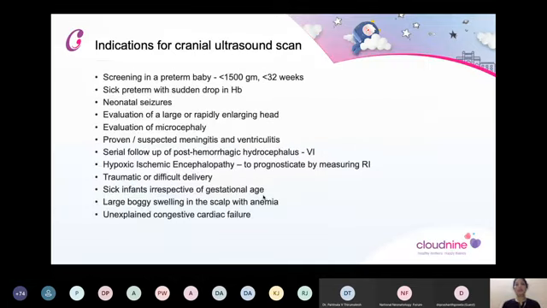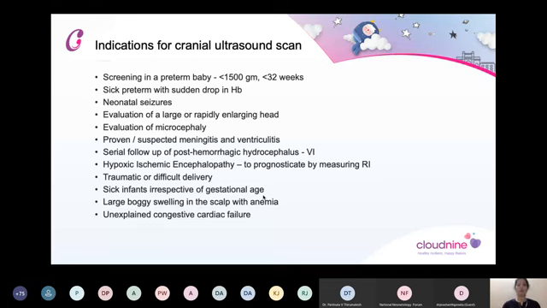Now, coming to the cranial ultrasound scan itself, we look at the indications for a cranial ultrasound scan. This ultrasound is performed in preterm babies, the indication would be those preterm babies who are less than 1,500 grams and less than 32 weeks. So in those who are extremely preterm, on day 1, the ultrasound needs to be performed, repeated on day 3, that is within the next 48 to 72 hours, because the chances of IVH are very common